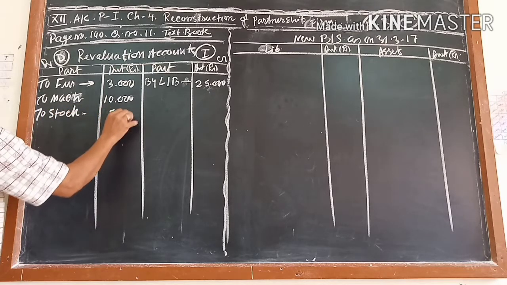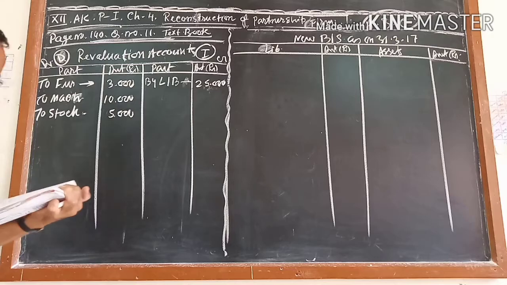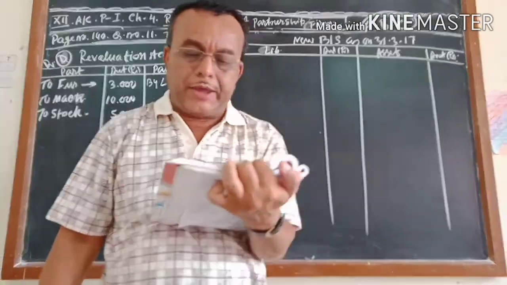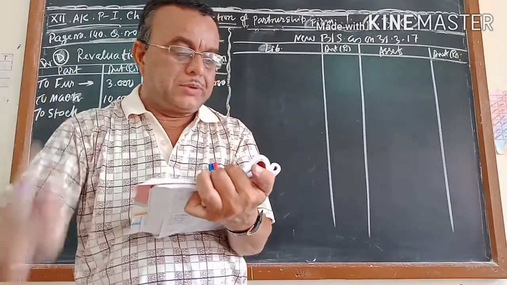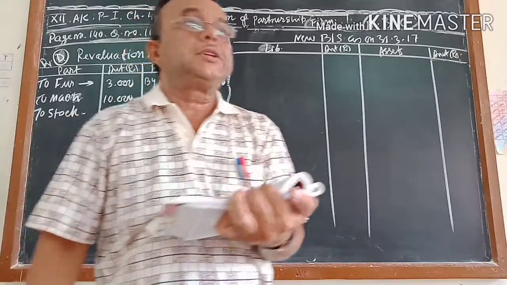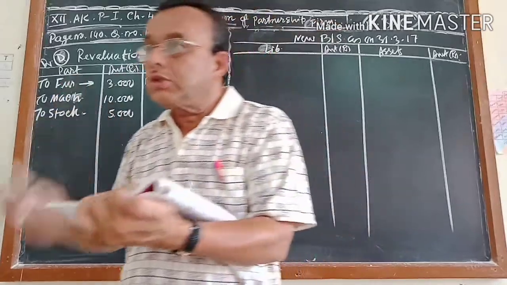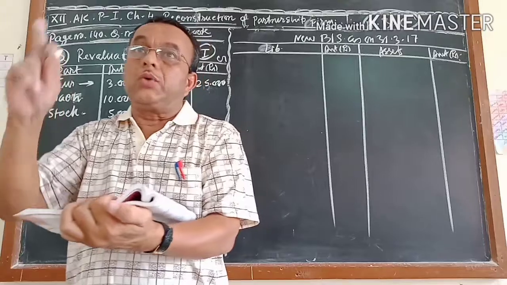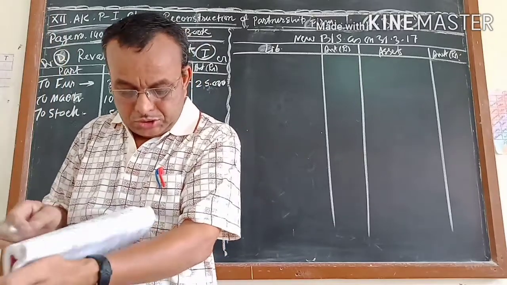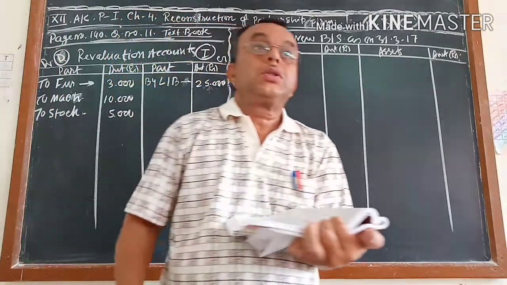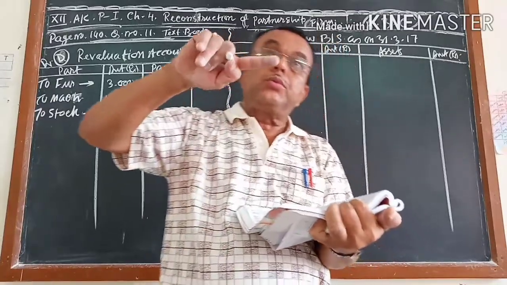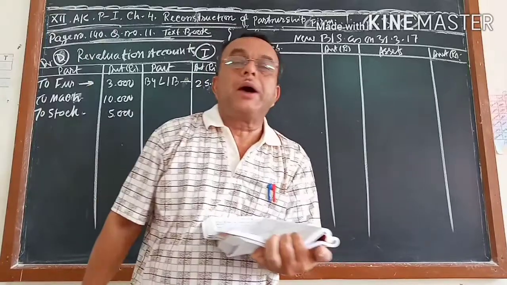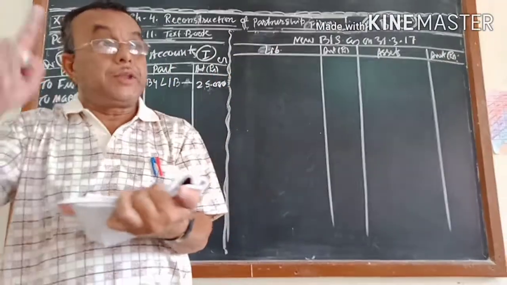5,000. Stock was reduced. Number 5, a total amount of rupees 2,500 is to be kept for bad debt reserve on debtors. Total amount you have to keep is how much? 2,500. You have to understand the meaning. But you already have bad debt reserve. You had the bad debt reserve, I think 1,000. So you had 1,000 and you have to keep it as 2,500. So you have to increase the bad debt reserve by 1,500. This is the meaning of that.